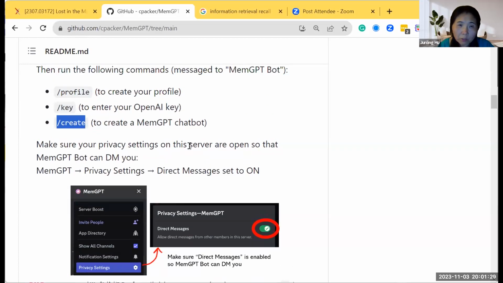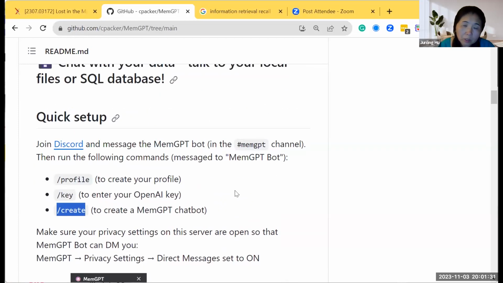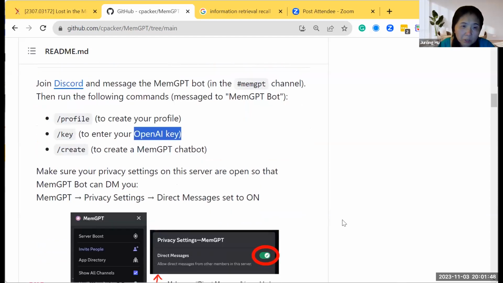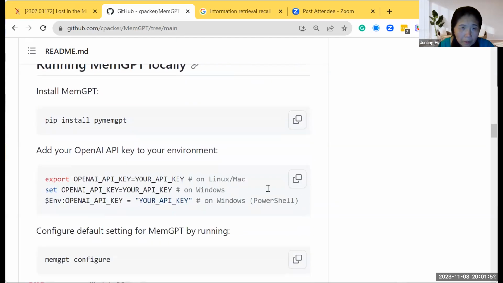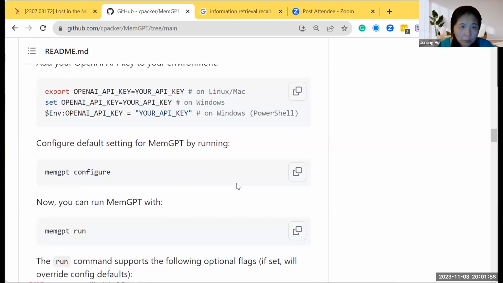I think it's also a very smart way, if you want to deploy a chatbot for users to test without costing you any money on OpenAI, you can just let the user enter their own key. All these steps are, I think, very innovative. Then for the installation, you can just do a MemGPT installation. That's all you need.